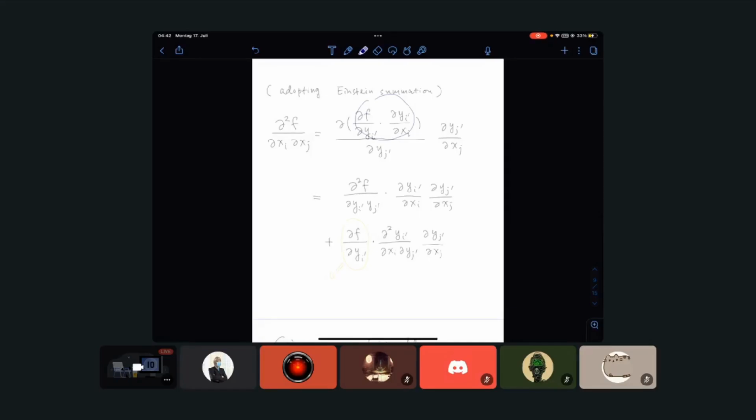two terms. You take the derivative of this guy times that guy, or this guy times the derivative of that guy. So you have two terms, and if you expand all the calculations, I have Einstein summation here, which means, let me just erase this thing. That means there's a sum over i prime, so I just omit it, and here y j prime, summed with j prime. You just do this calculation, you end up with